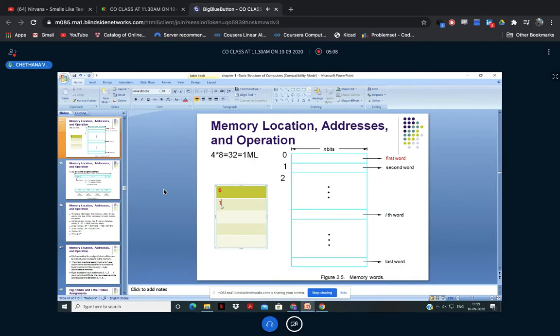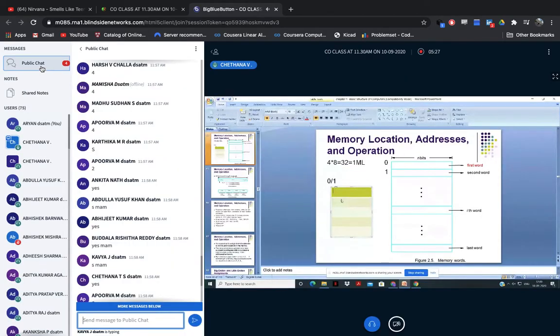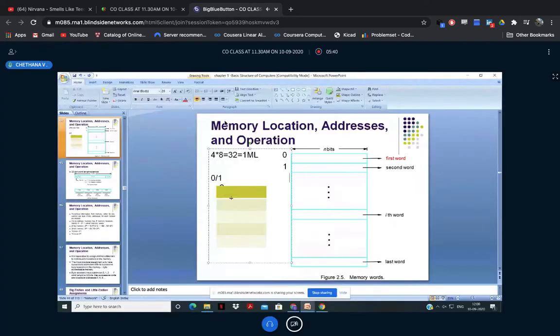So suppose I'll be having data like this, 0 or 1. My data will be only 0 or 1. So how many locations do you actually require? Only one location, right? Either 0 or 1. So here I can keep 0, that is one data, or I can keep one more data. How many addresses do I require? Only one address. What's the address I require? An address of something like 0. That's more than enough. One memory location is enough for me.